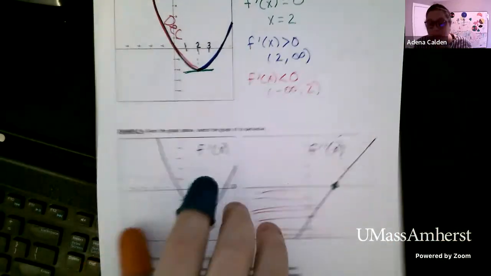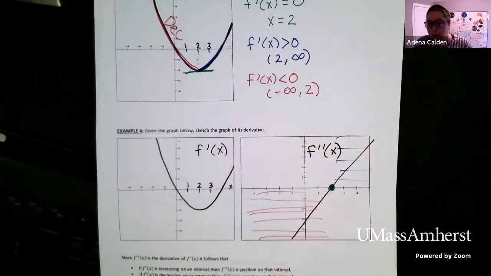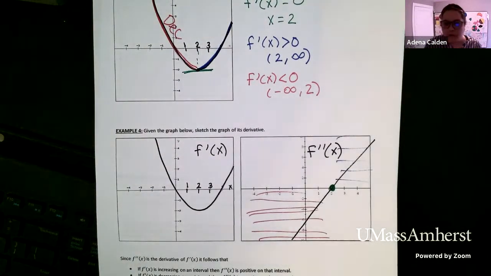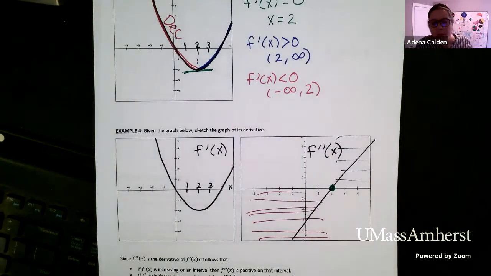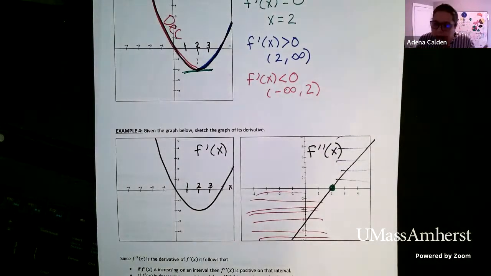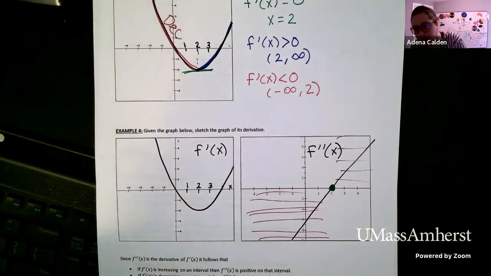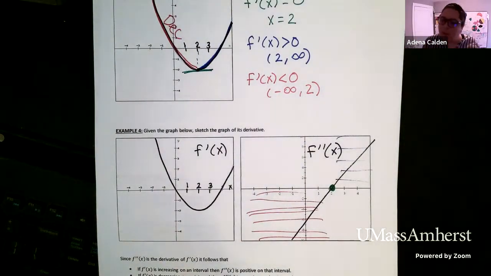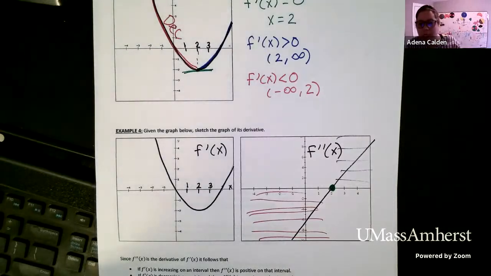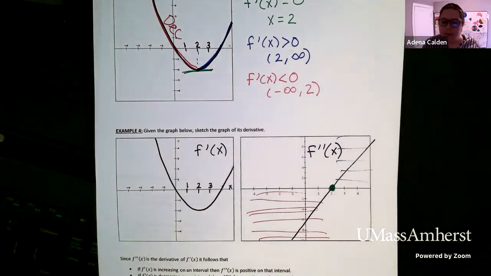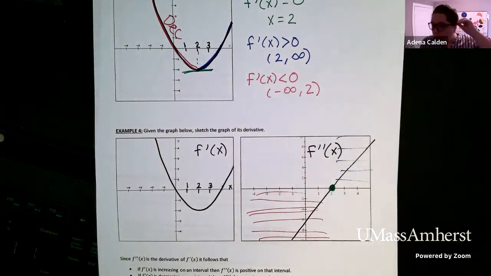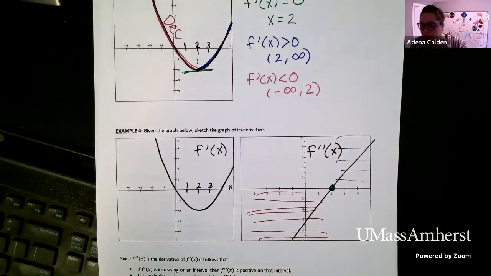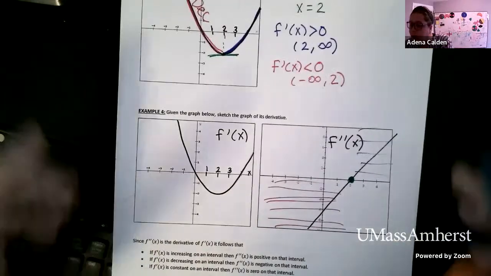But the analysis works the same whether you're going from the original to the first derivative to the second derivative to the third derivative. I could give you the picture of a 50th derivative and ask you to draw the 51st derivative, and it would be the same idea. We'd look at where it's increasing and decreasing to determine where it's positive and negative. And so since this process is the same to go from one function to the next derivative, we extend the